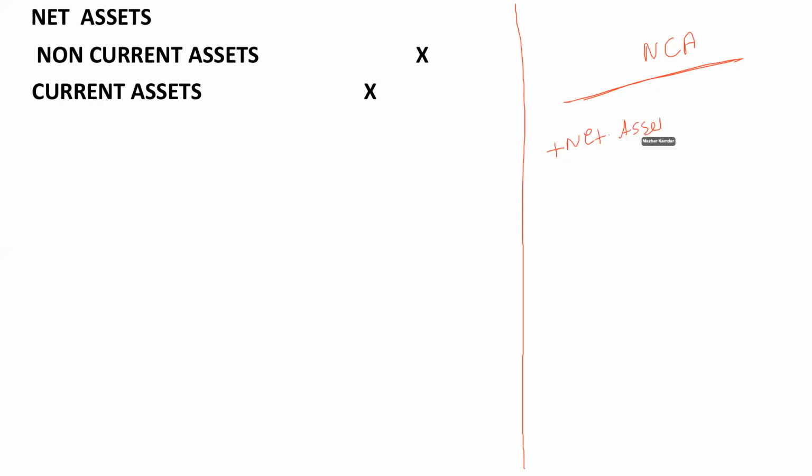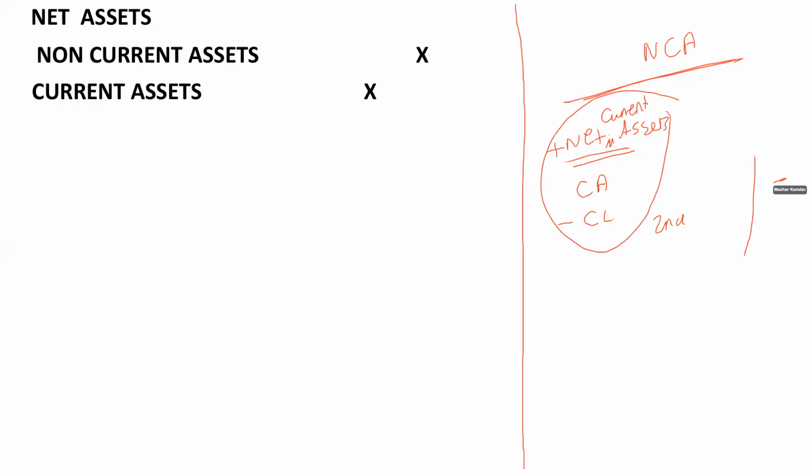Now the net current assets is made up of two things: the current assets minus the current liabilities. So this adjustment should be done in the second column, not the outermost one, the one next to it. So the non-current assets, that is whatever cost minus depreciation to net book value,